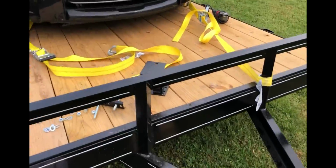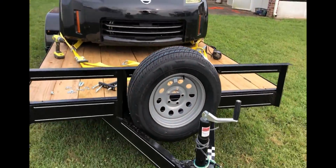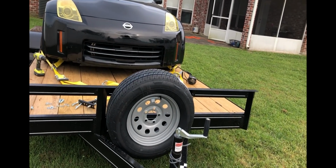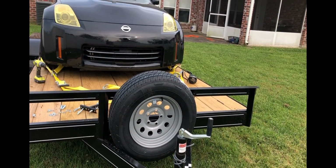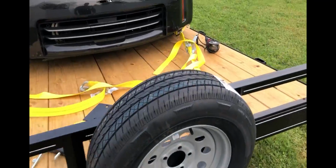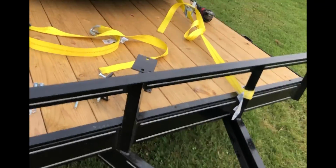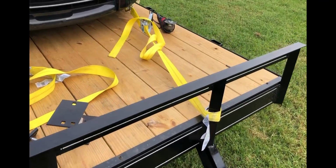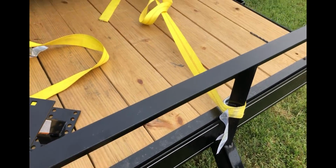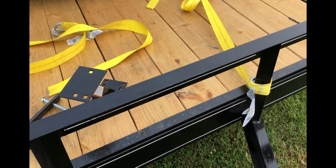All right, guys, so initially I wanted the spare to sit kind of up in the middle of the tongue here, kind of something like that. That way I would still have full turning radius and all that good stuff, but the kit I have doesn't actually work for that. I thought I could actually, let's see, I'll pull this tire out of the way. I thought I could actually put it here, mounted on this rail here, but it doesn't look like I'm gonna be able to, because